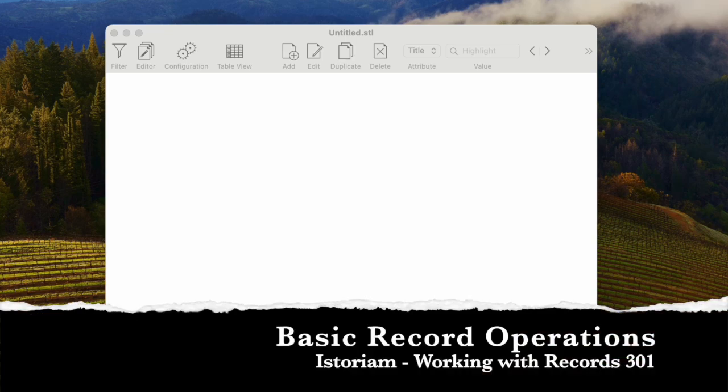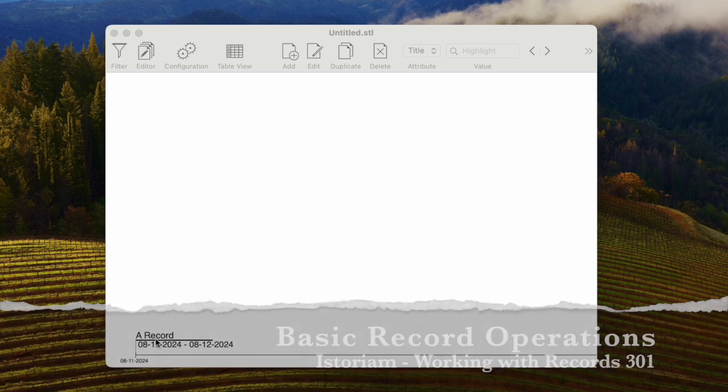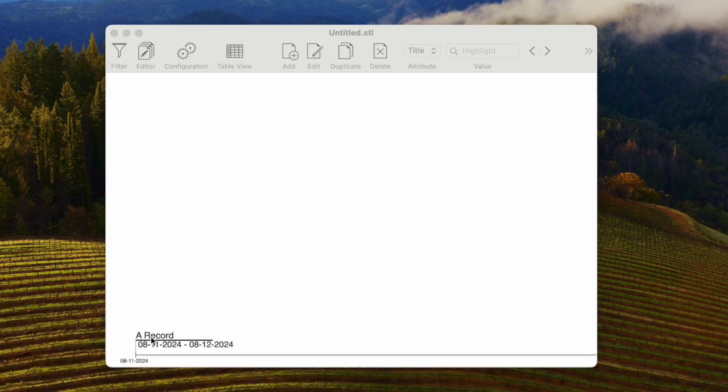A record is the core element used to define an event within a timeline. All the timeline events are stored in records. In its simplest form, a record has a title describing briefly what the event is about and then a start and an end date. However, in order to create timelines with a richer set of information, Istoriam Records have a